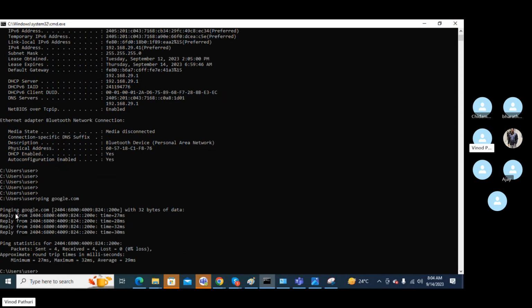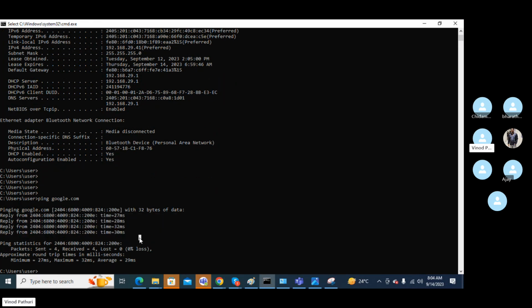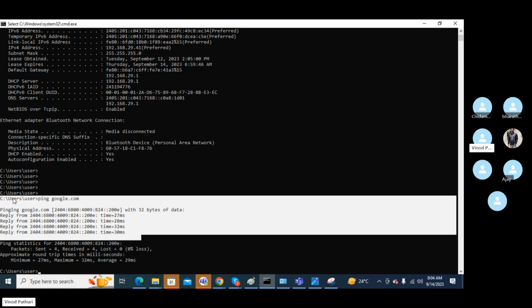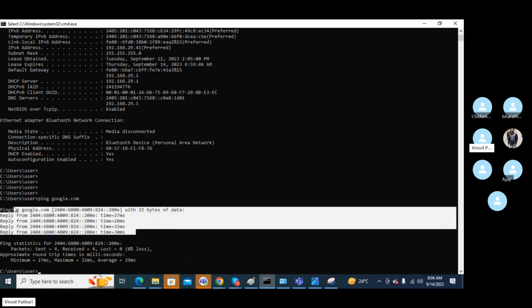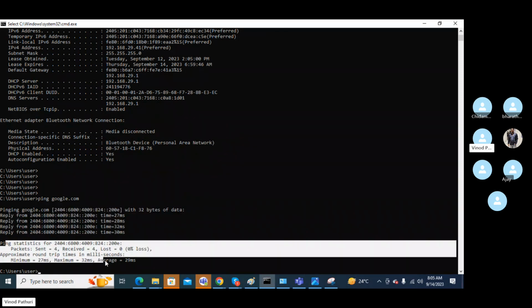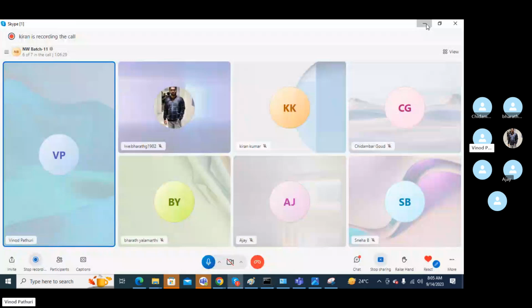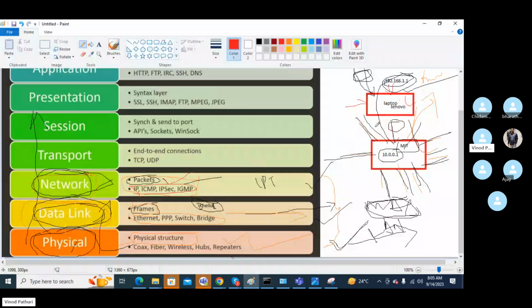If you see, reply from 2404 is an IPv6 address. Usually we don't use that, but Google is updated and they are using it. These are the ICMP packets, Internet Control Message Protocol. By using this protocol, we verify whether we have connectivity or not.